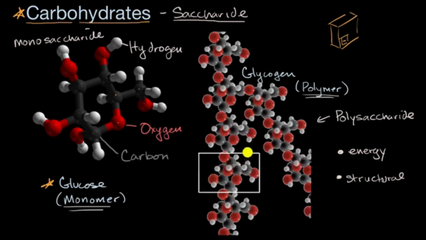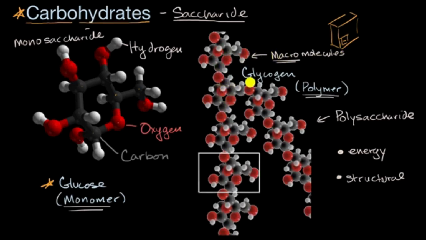Now, I will leave you there. We have focused only on one type of monosaccharide in glucose and only on one type of polysaccharide in glycogen. As we will see, glucose does show up a lot, but there are many other types of monosaccharides and there are many other types of polysaccharides. And polysaccharides in particular are part of a broader group of molecules known as macromolecules. And as you can imagine, from the macro prefix, it's referring to large molecules, oftentimes that have thousands of